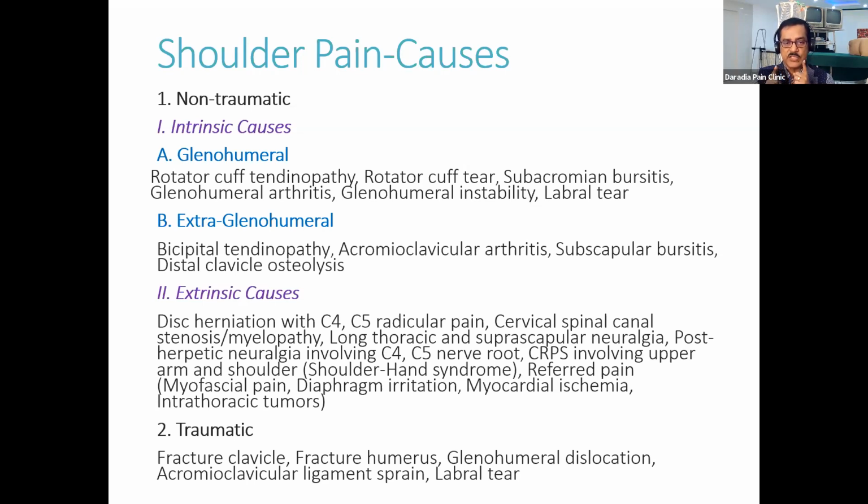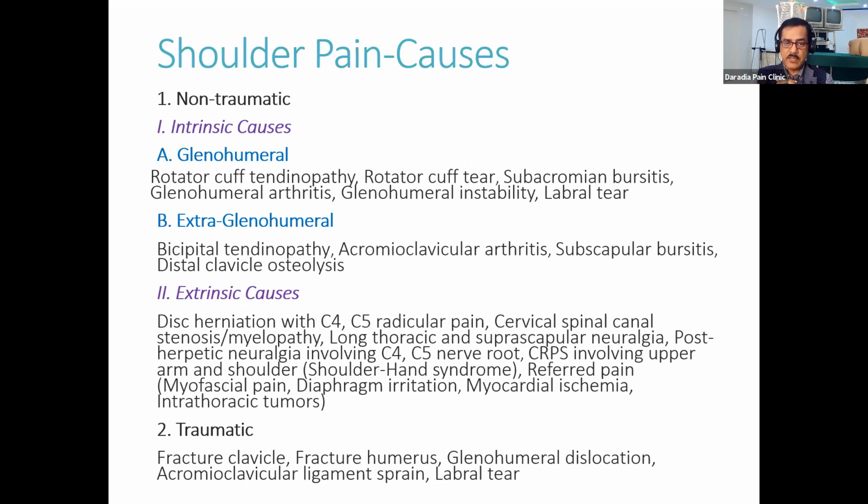Now, if you look at the thoracic viscera, how are they innervated? They are innervated by sympathetic nerves, which come from T1 to T5. If you look at the innervation of the head and neck, it is coming from T1 to T3. If you are talking about upper limb innervation, the sympathetic nerves come from T2 to T8. So you understand, the shoulder, if you consider it a part of the upper limb, that means the sympathetic innervation is coming from, I'm talking about the sympathetic innervation, I'm not talking about the somatic innervation.